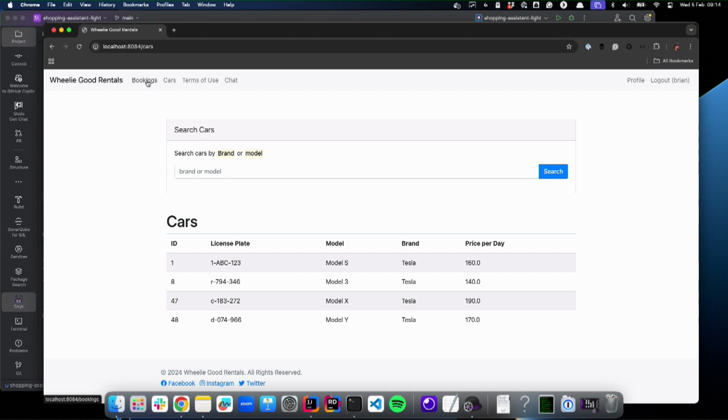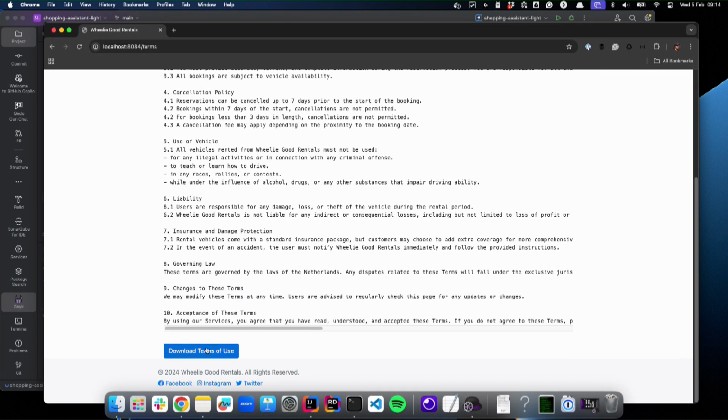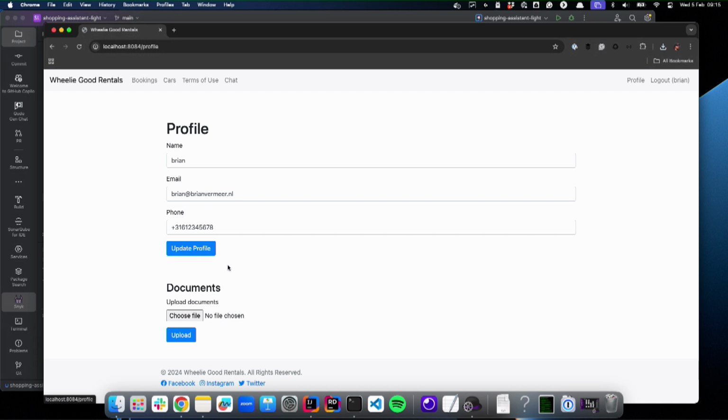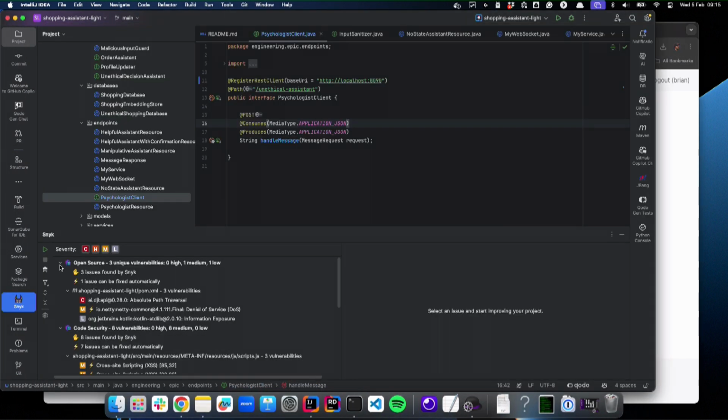Sorry. One of the things I can do as well in my profile is add files. Say I want to add a file. I can download the terms and conditions, this is great. And now I want to upload something to my profile, say my driver's license or my insurance documents. What we can see in my application is that when I scan my code,